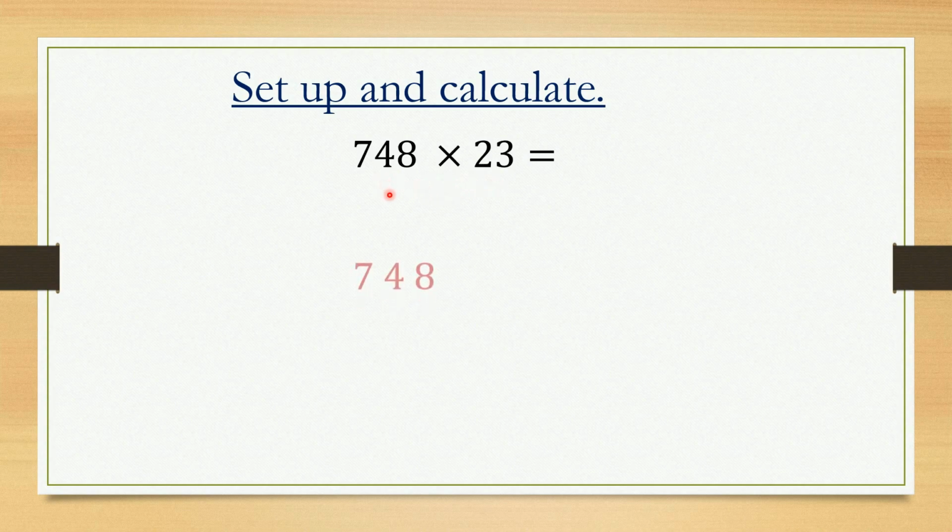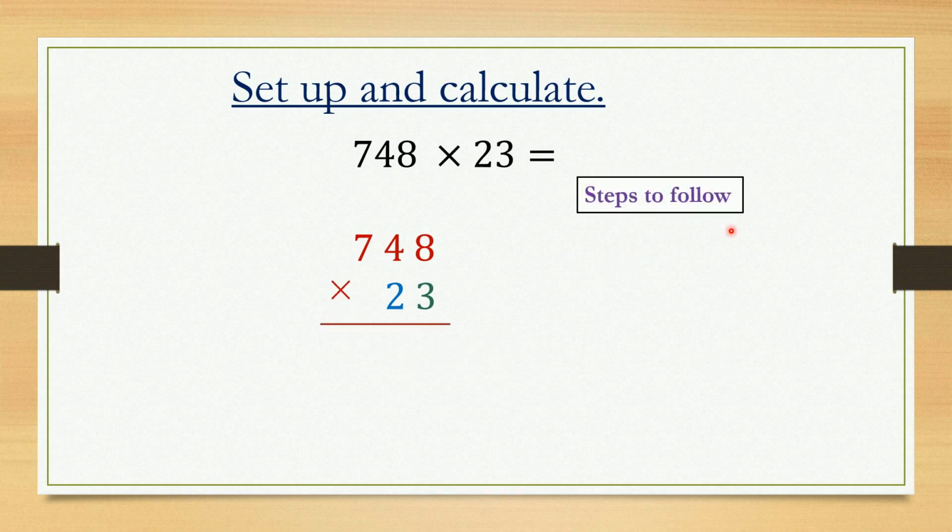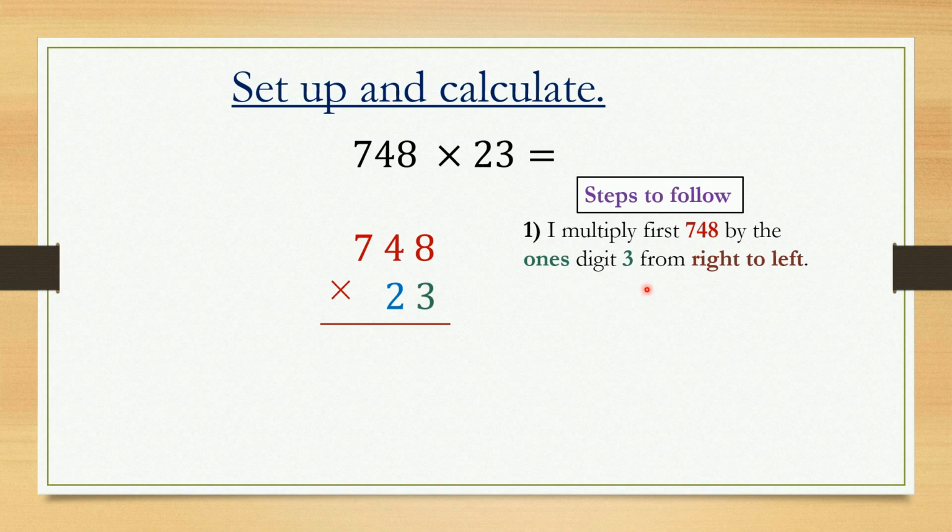First, we copy the number 748. Then we write 23 below this number from right to left by placing 3 below the 8 and the 2 below the 4. Ones below ones and tens below tens. We write the symbol times, then we underline. Steps to follow. Step 1, I multiply first the number 748 by the ones digit 3 from right to left